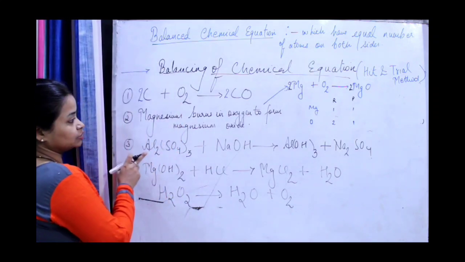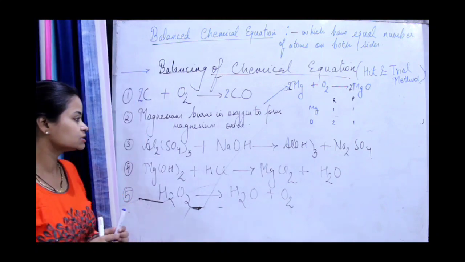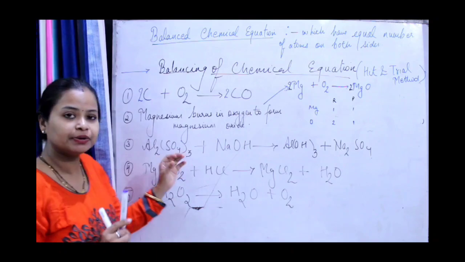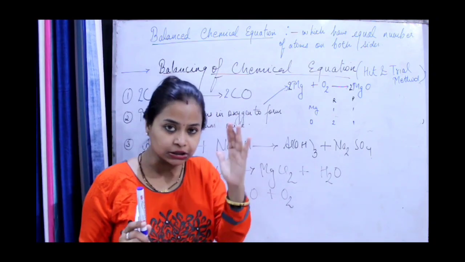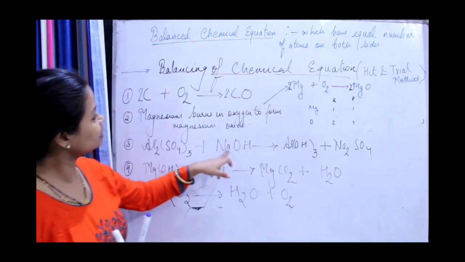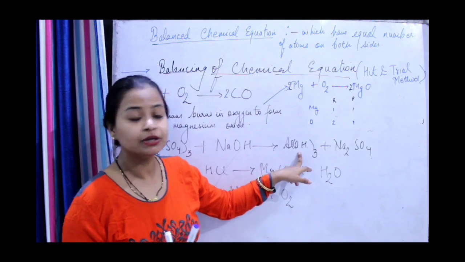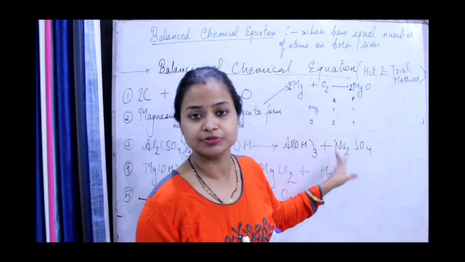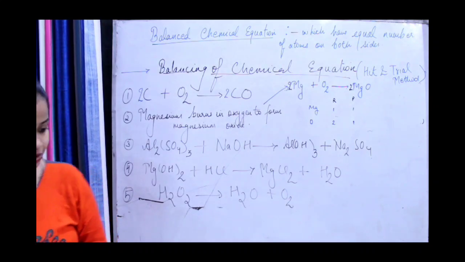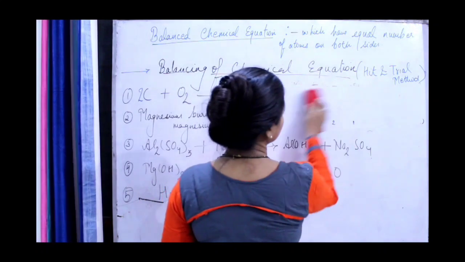Now let us come to the third one. Now the third one is very simple, but it might appear a little bit complicated, so understand the concept. See. Aluminium sulfate plus NaOH. It gives what? AlOH3, that is aluminium hydroxide, along with sodium sulfate. Okay. So let us start. If I am doing it with hit and trial method, so first of all what I will do,